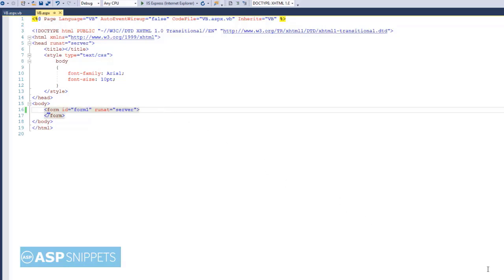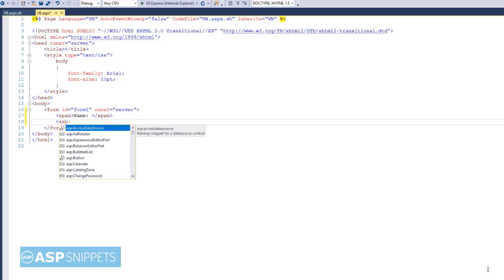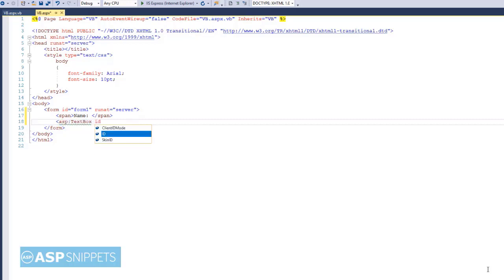So let's start. First I'm adding an HTML span for the name label. Then I am adding a text box. The text box will be used to save the value into the cookie.